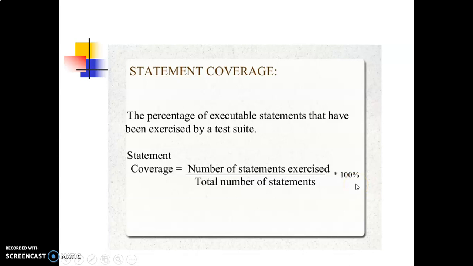For example, suppose the total number of statements exercised is 8 and the total number of executable statements in the program is 10. Then statement coverage is 8 divided by 10 into 100, which is 80%. So this is one of the white box testing techniques.